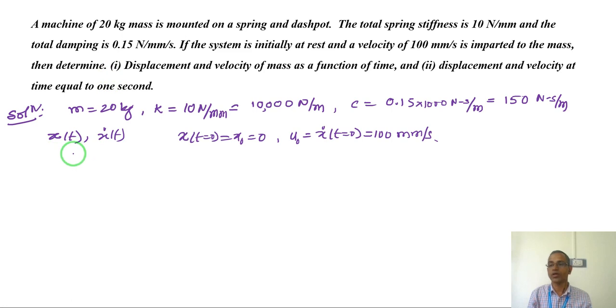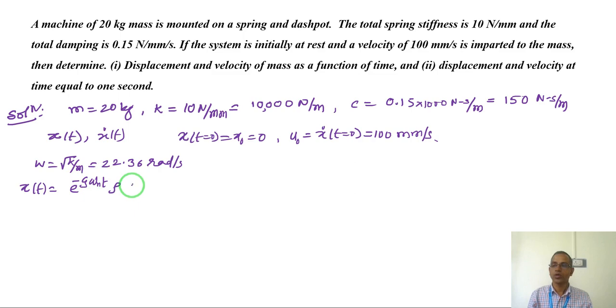So now look at the question. I need to find out the omega, which is the square root of k by m. K is 10,000 by 20. So I get 22.36 radians per second, which is the undamped frequency. So now I assume x of t as e power minus xi omega n t into